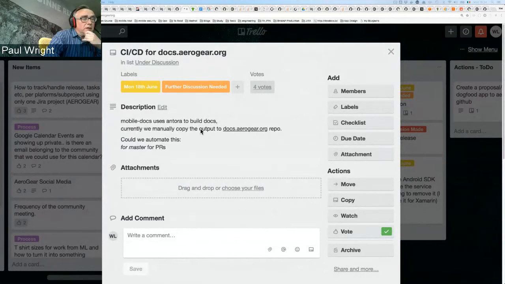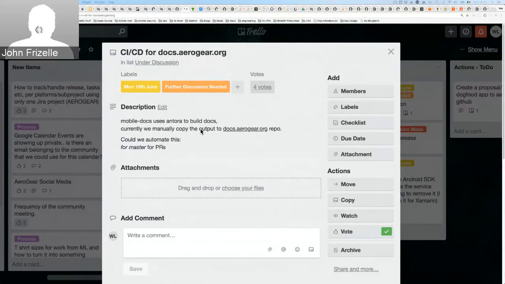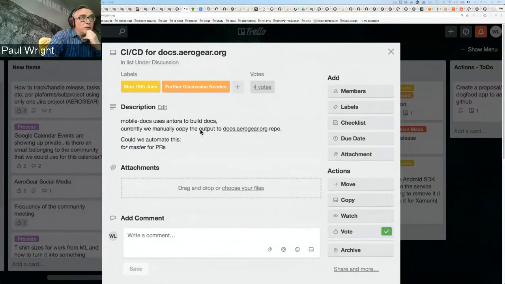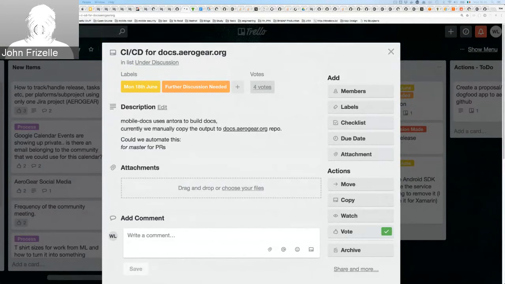One of the things I'd like to see is that when somebody makes a PR, instead of reviewing the ASCII doc, I'd like to review the output. I'm not sure what that's called, but it's quite common in docs that when somebody makes a PR, that commit is taken and built. That's where I'd like to get to.